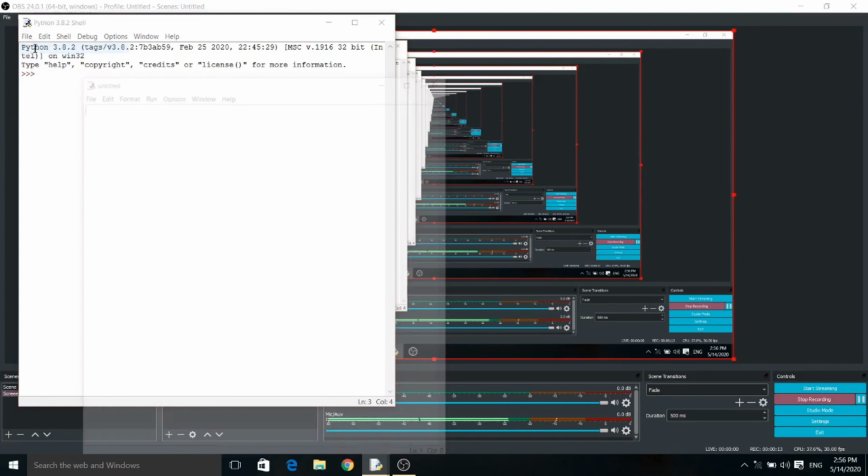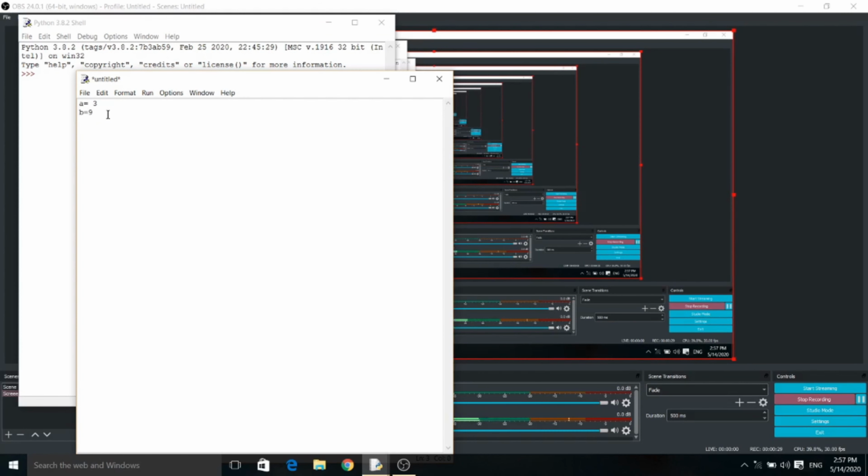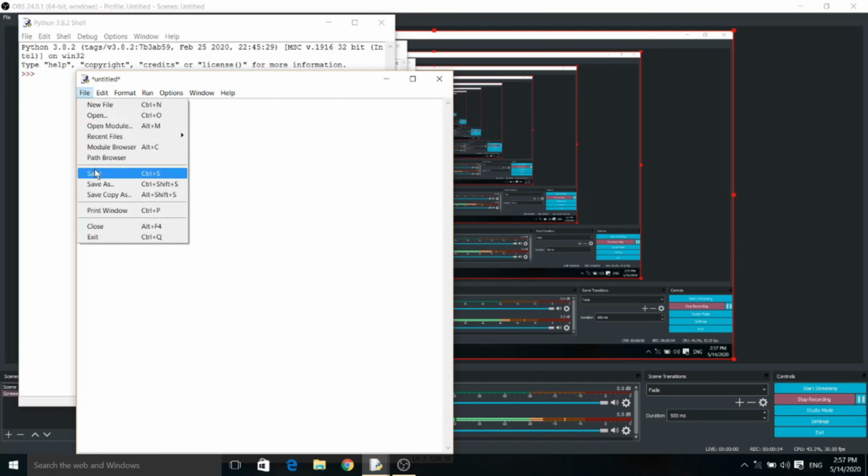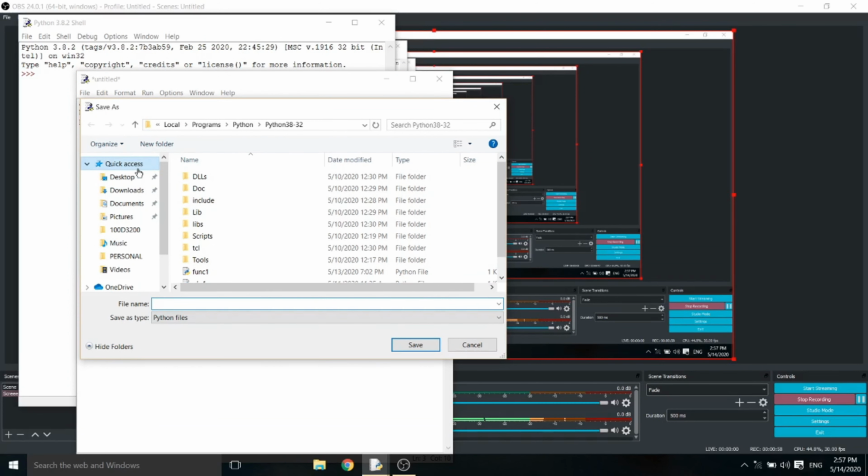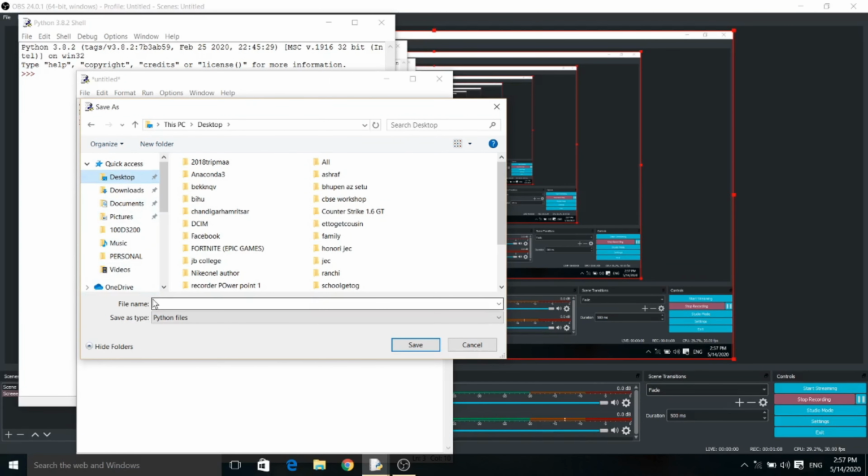So as you know, for writing any program, we have to open a new file in script mode, and I am writing a print statement for the output a plus b. Now you can see a plus b means we are adding two values, 3 and 9, stored in the variables a and b respectively, and then print a plus b will give the sum of these two numbers. Now again, you know how to save the file. I will save it on the desktop, and the save as type is already given as Python file.